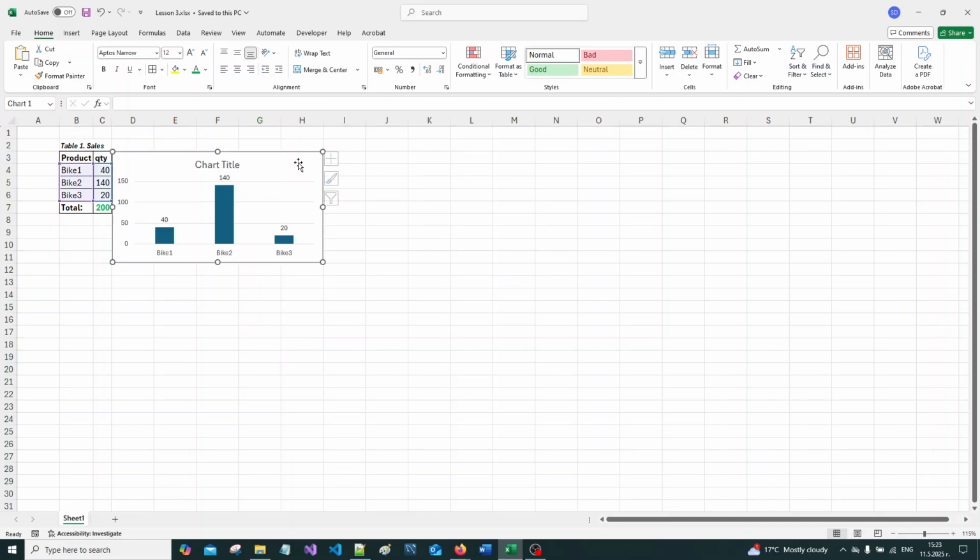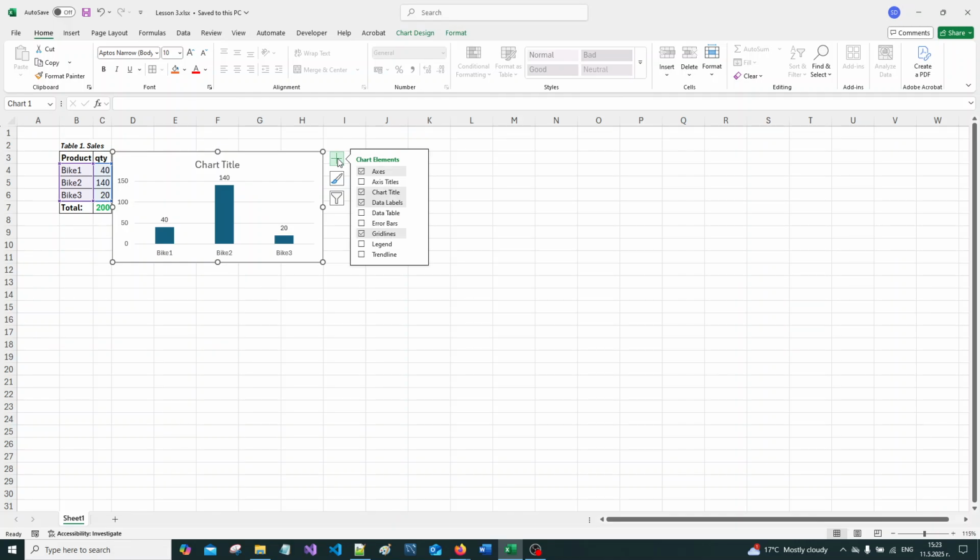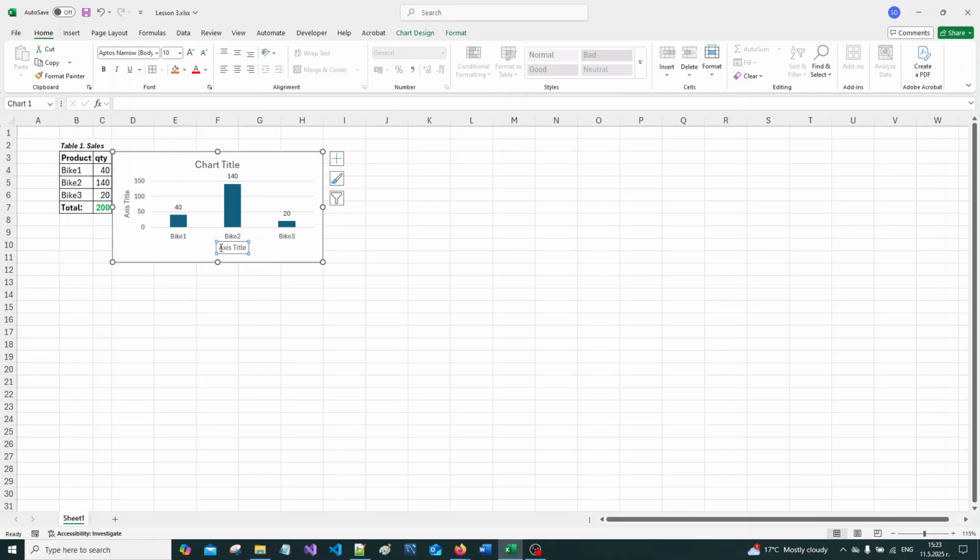In order to do this, you select the chart, and do you see here there is a plus sign? When you click it, or a button, you can see a drop down menu showing different options that can be selected, such as chart title. We haven't added yet axis title, so I'll select axis title so that we now can go and write down bike model on the X axis, and let's say number of bikes sold